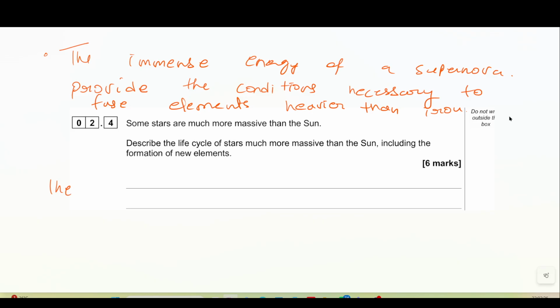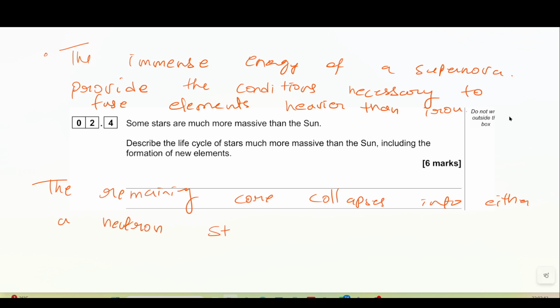The last point is the remaining core collapses into either a neutron star,